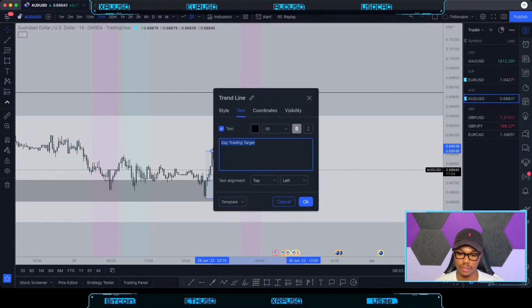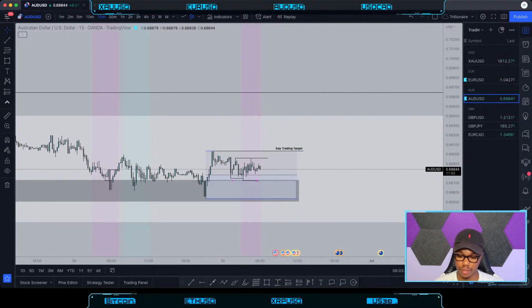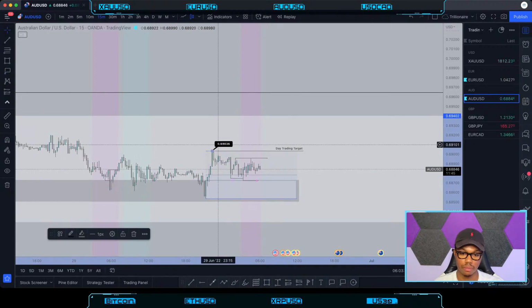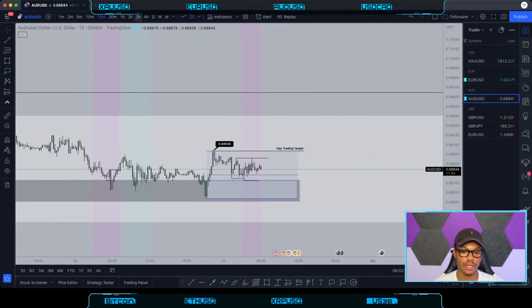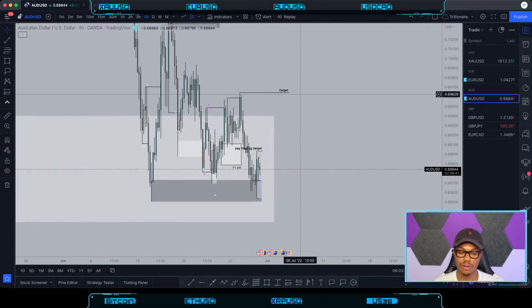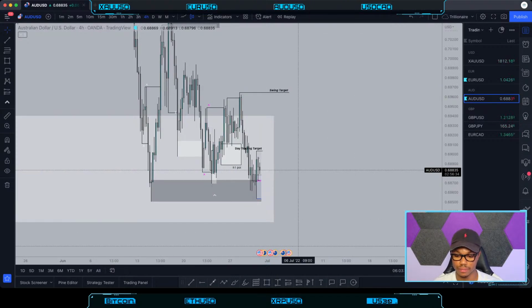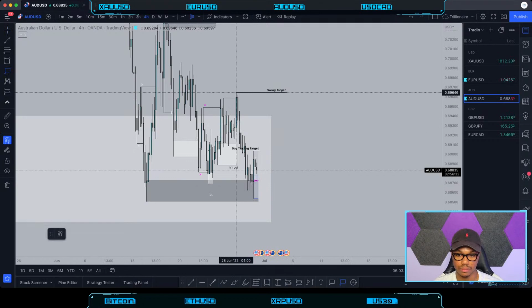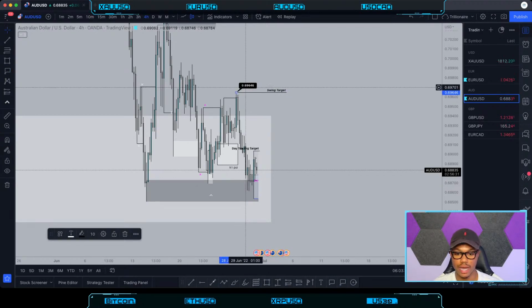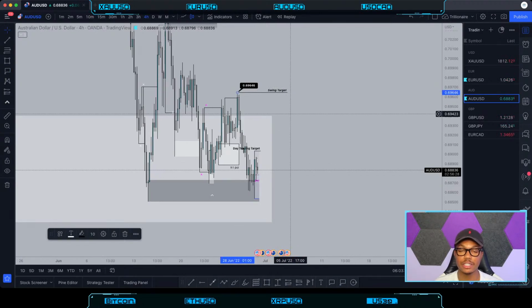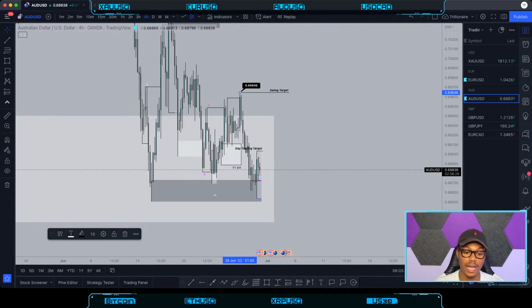Let's put that on the right. So this will be my day trading target around 0.69036, and this will be my intraday target or swing target. It just depends on what price does. Let's just call it a swing. Swing target will be around 0.69646. And remember, guys, this is only if I see my valid entry take place on my Confluence